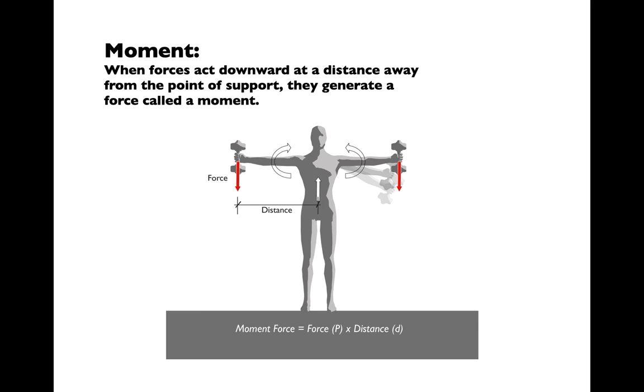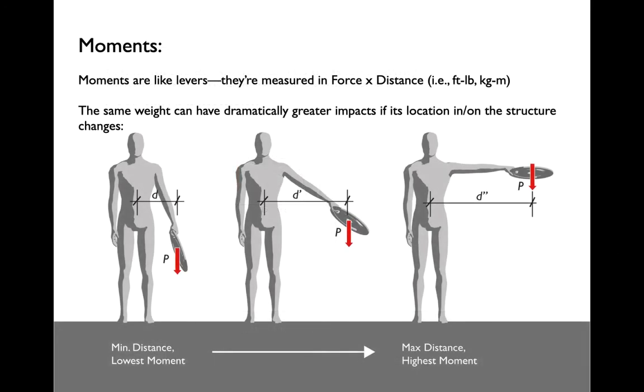Now, think about this if you're holding, say, a dumbbell, right, out at the end of your arm. If you hold a heavier dumbbell, obviously it's much, much harder. But also think about what happens if you hold the dumbbell closer to your shoulder or farther away. If you hold the dumbbell close to your shoulder, even though the vertical force is going to be exactly the same, the moment or the torque that you're putting on your shoulder joint is going to be much less than if you're holding it out at arm's length. And if you're holding a weight all the way out at the end of your arm, you'll notice very quickly that it's much, much more difficult, right? You're experiencing a much, much greater moment or leverage on your shoulder than if you're holding it further down, right,